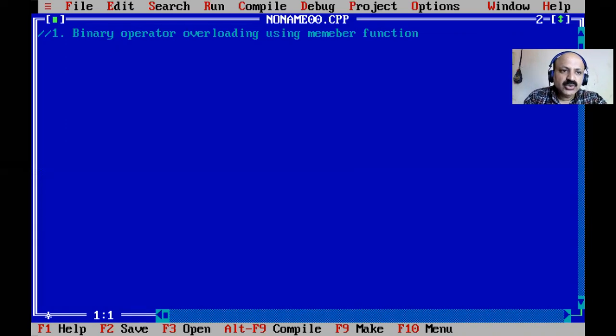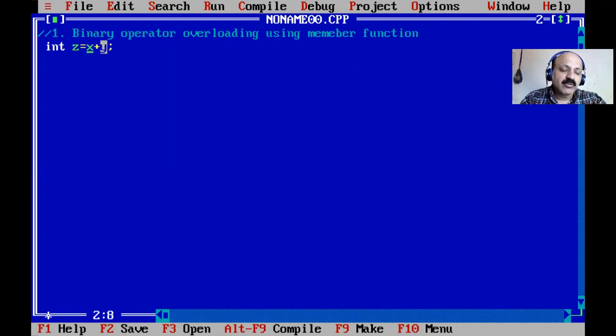Okay, now the first question: what is operator overloading? I will give an example with integers. Z is an integer variable, and we take x plus y, that is the sum. Here there are two operands.